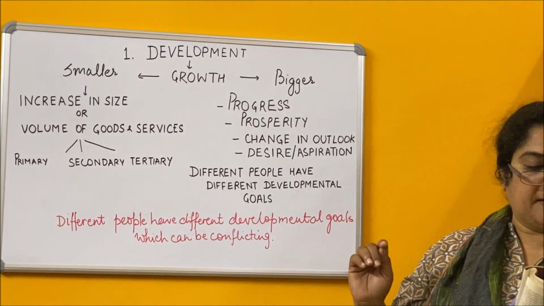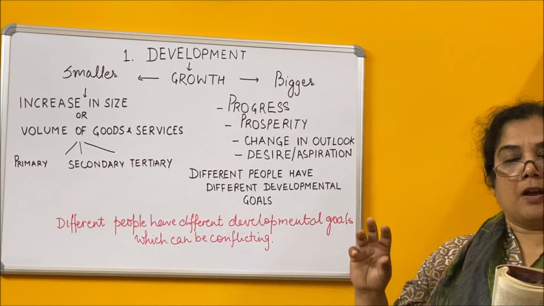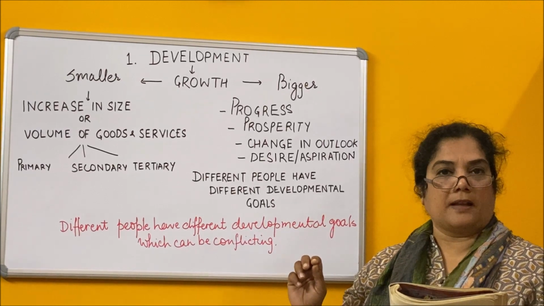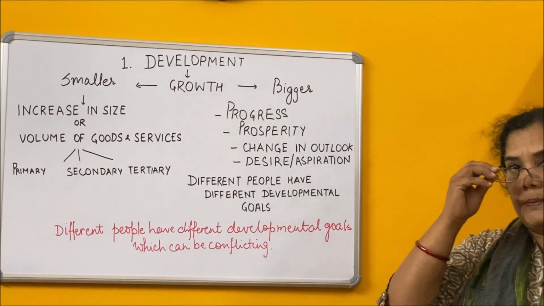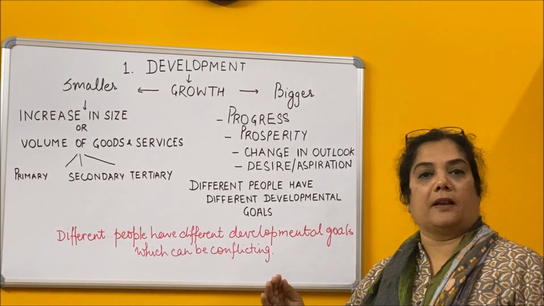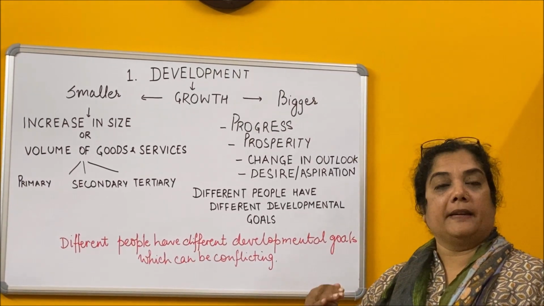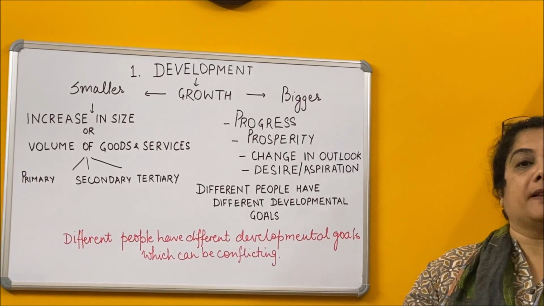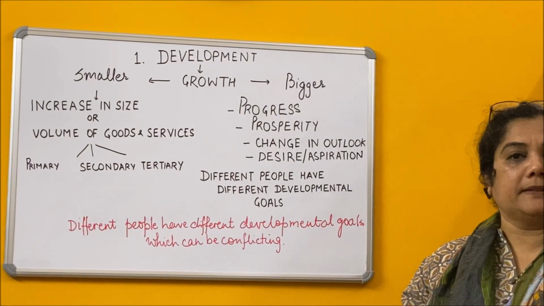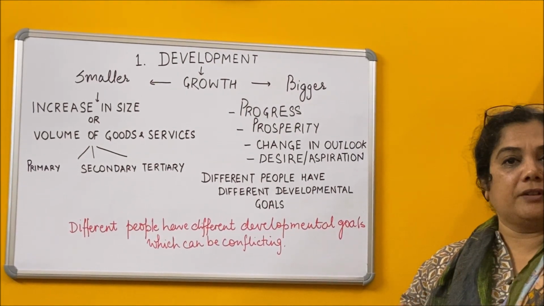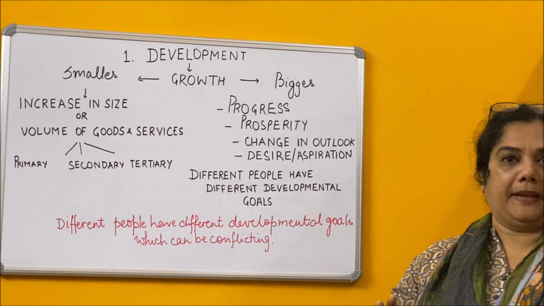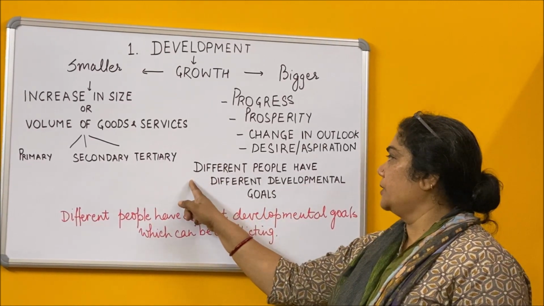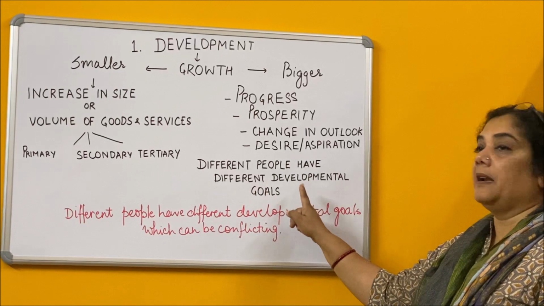Another example is the Adivasi from the Narmada Valley. Now, Adivasis living in the Narmada Valley, because of the construction of the Sardar Sarovar Dam, they were asked to be displaced. Now, displacement of these Adivasis means no regular income because they are confined in their own area. So, the developmental goal for the Adivasis would be that they get a proper place, they can earn some daily wages and they are settled somewhere. So, after going through these various examples, we come to the conclusion that different people have different developmental goals.